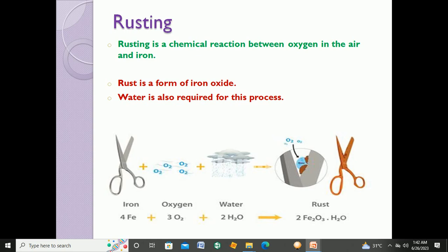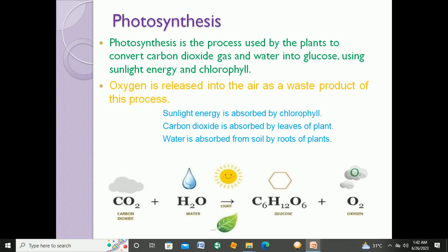iron and oxygen. As there is oxygen and this oxygen comes from the air, that is why we state that rusting is a process that utilizes air. The third process that uses air is photosynthesis, and you have learned photosynthesis many times before. Photosynthesis is a process used by the plants to convert carbon dioxide gas and water into glucose using sunlight energy and chlorophyll. Oxygen is released into the air as a waste product of this process, and this waste product of